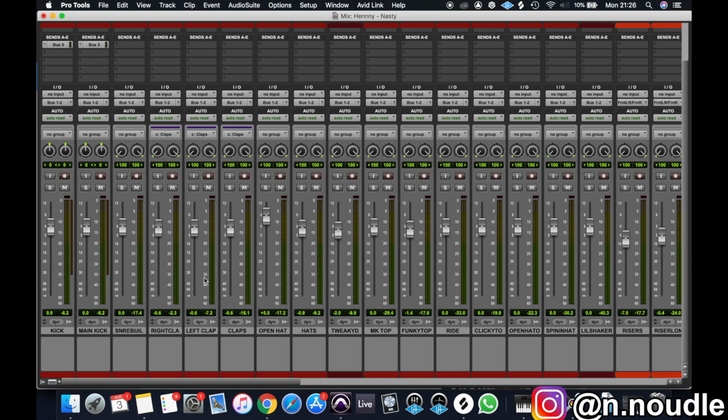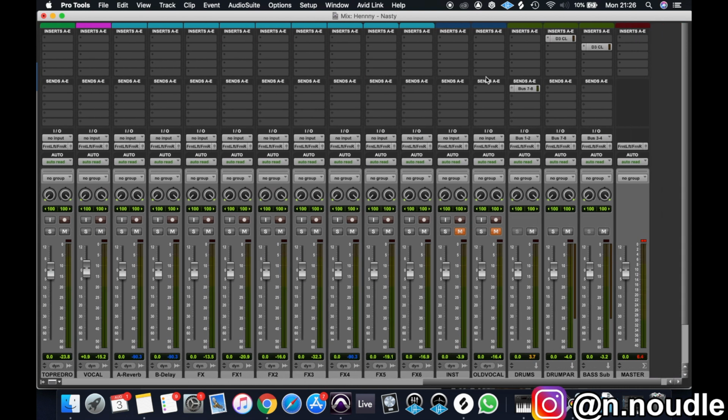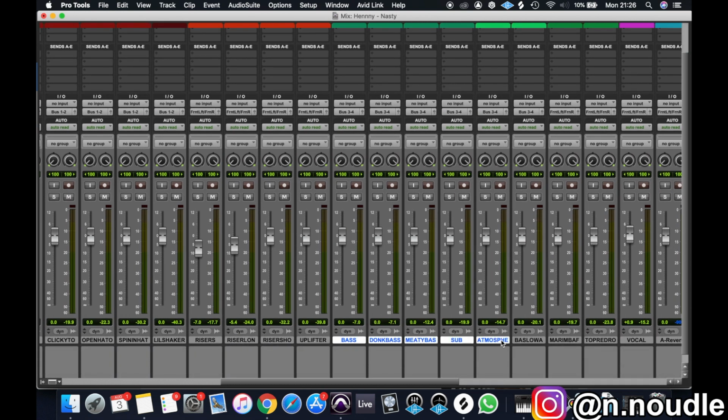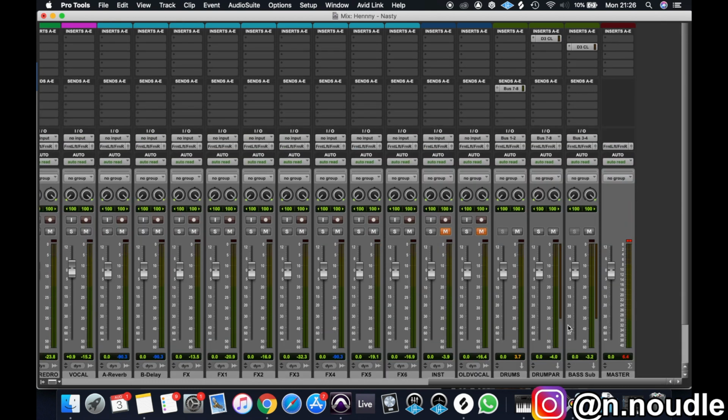I've also gone in and adjusted some of these drum levels over here, just to make sure that some of the claps were a little bit too loud, so I've lowered them. This open hat was a bit quiet before, so just things like that. A sidechain from the bass to the kick. So I sent all these bass stems into an overall bass subgroup, and then I ended up sending the sidechain